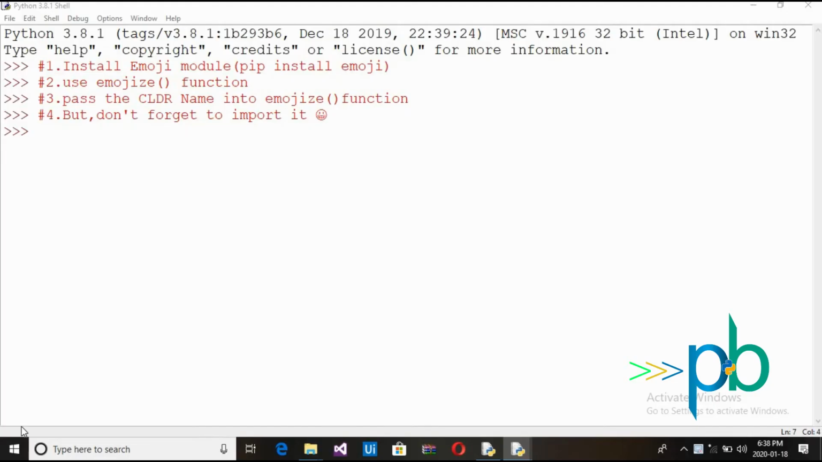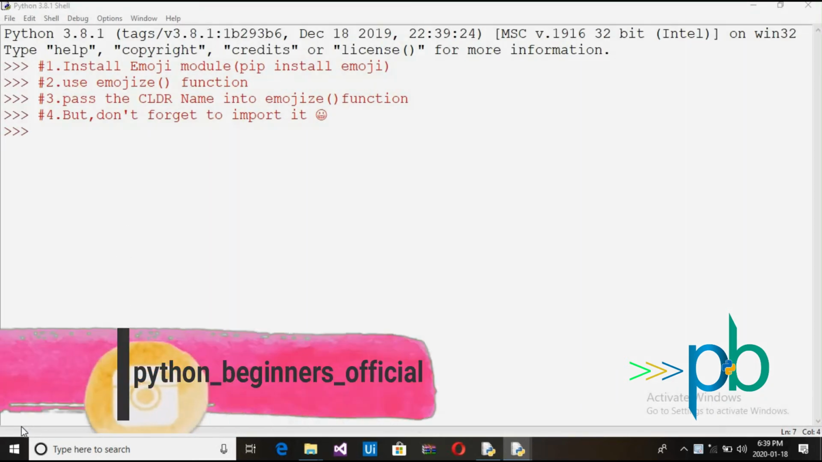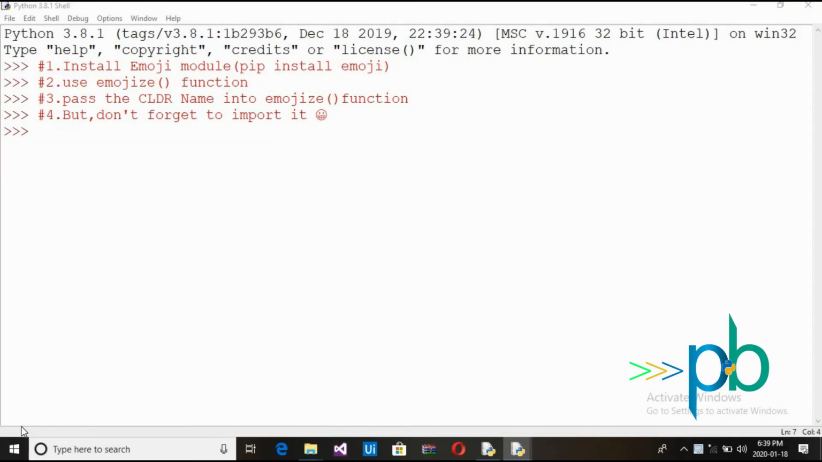Okay, after installation there are 4 simple steps to print an emoji using the emoji module. Install the emoji module using the pip installer, pip install emoji. Use the emojize function, pass the CLDR names into the emojize function, and last, don't forget to import it. So let's try, but we have to import first. Import emoji and then print